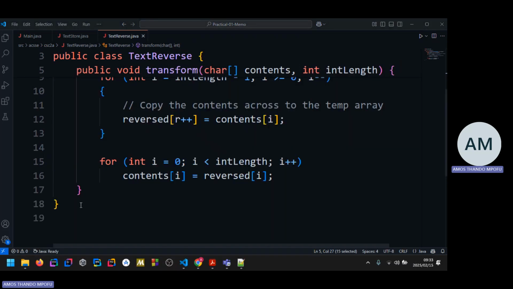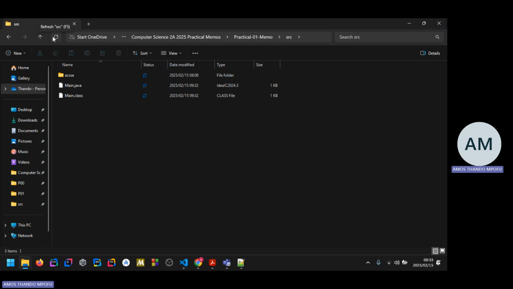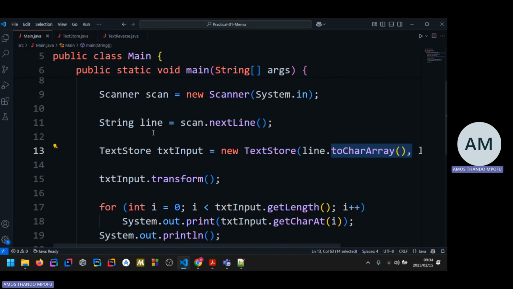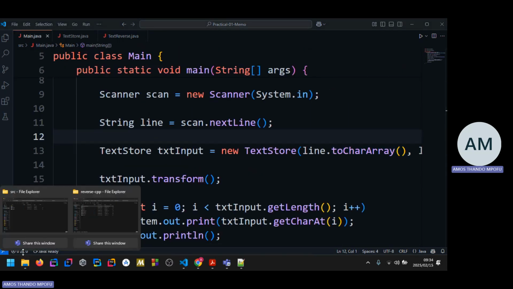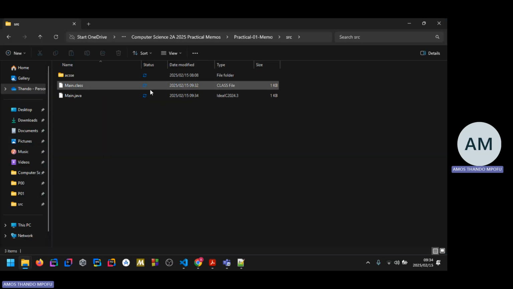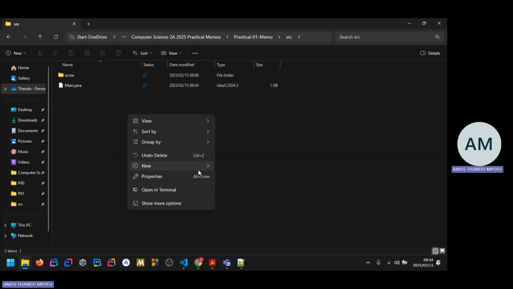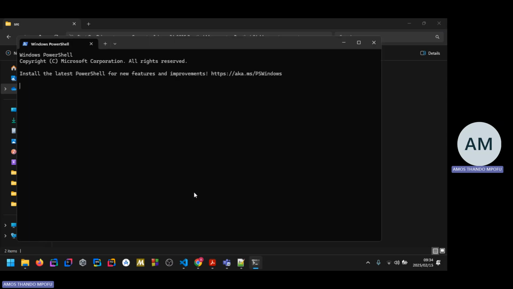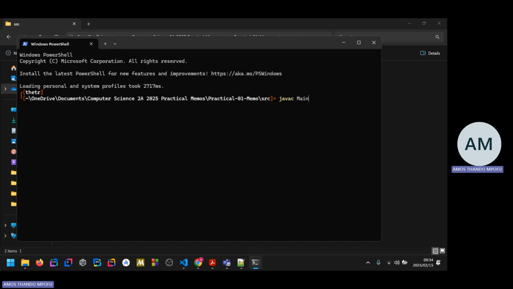And then I'm gonna close this and then refresh. Okay, so I think it should work now. I think the main issue is just the copying part. So I'm gonna open in terminal. Well, it forces you to use Java, the character array, not the string. Because if you use the string, you see that you have issues there. So Java main,